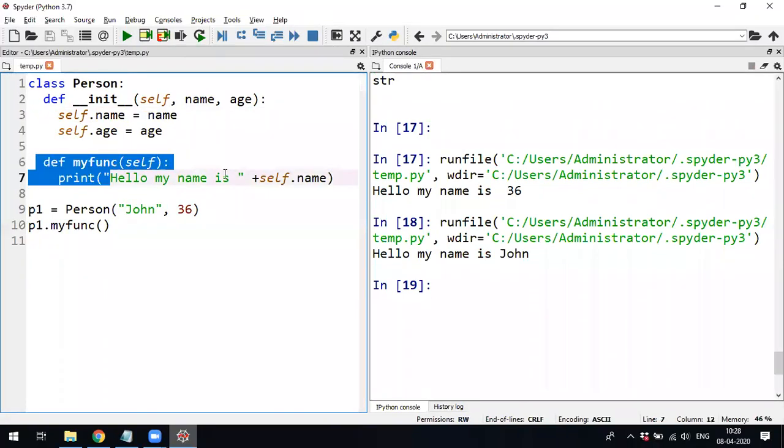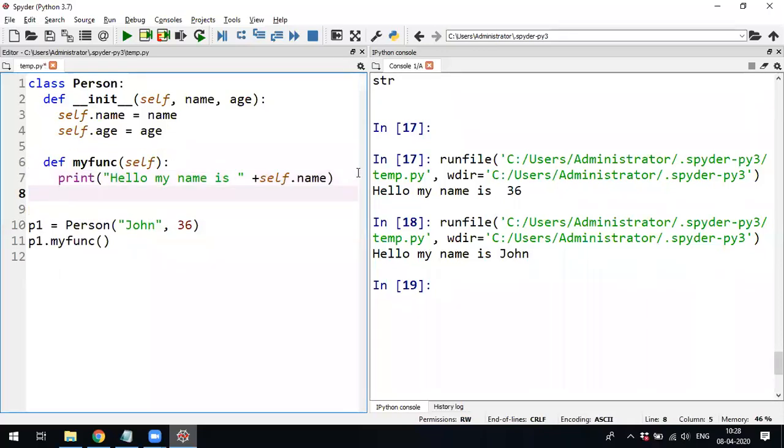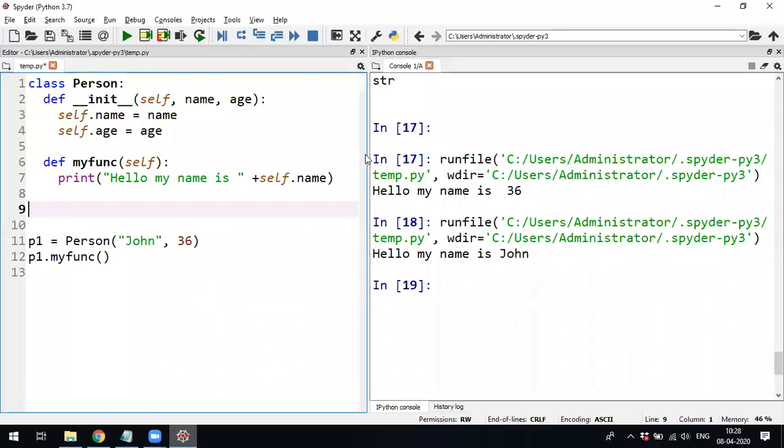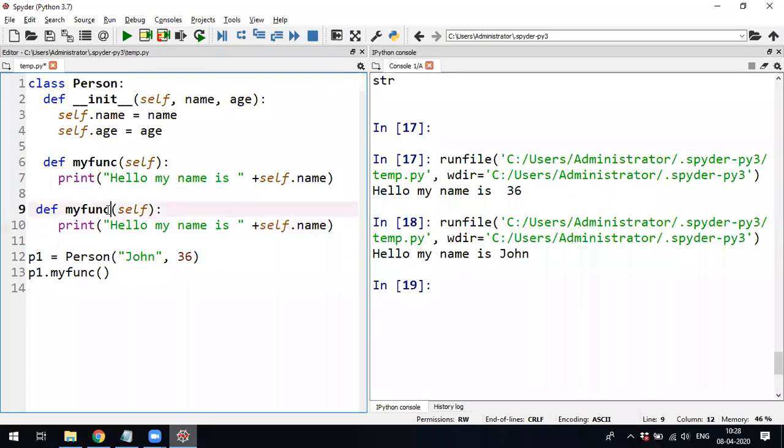This is how you can create user defined functions, any number of functions. My function, I'll create one more function, function 2, and I'll print the age.